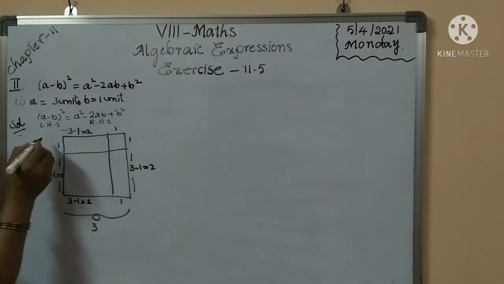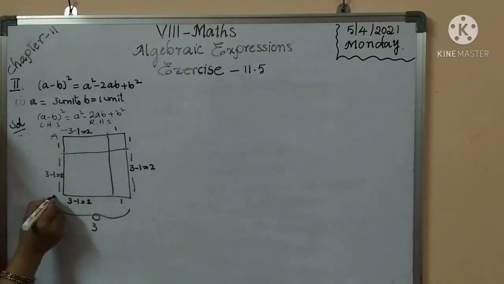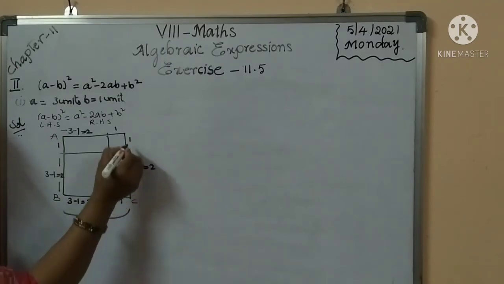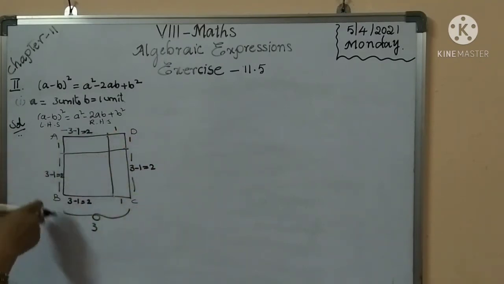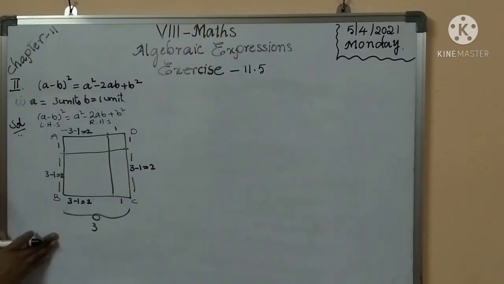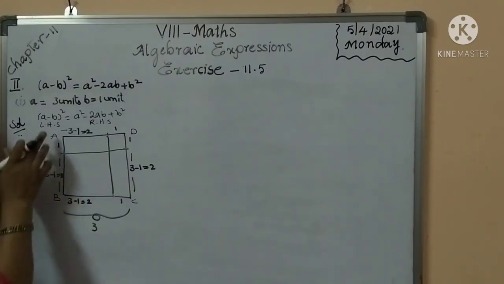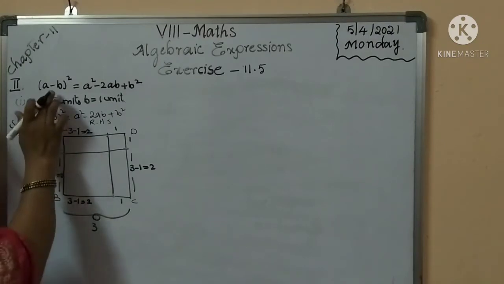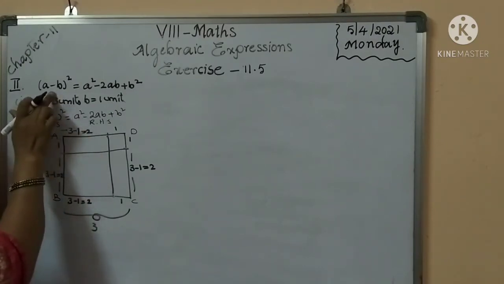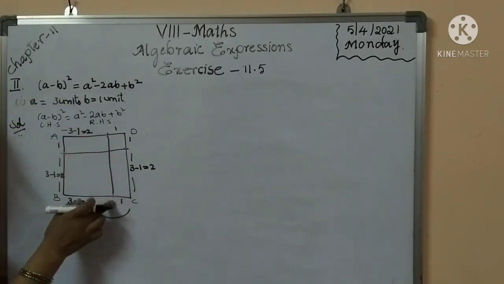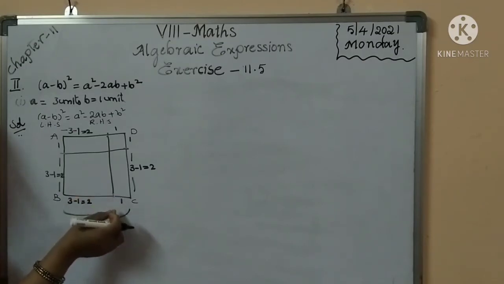Okay. So here take the square ABCD, the total area of a whole square. Already we know that the side a equal to 3 units, and minus b. Here the variable is that we have to take the minus b. Then we keep b equal to 1 unit, then remove one part from the diagram, one corner part, the 1 unit. Understand?